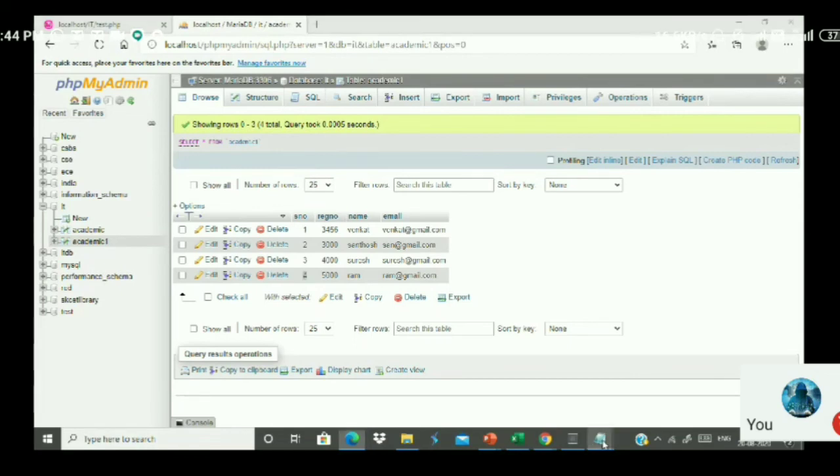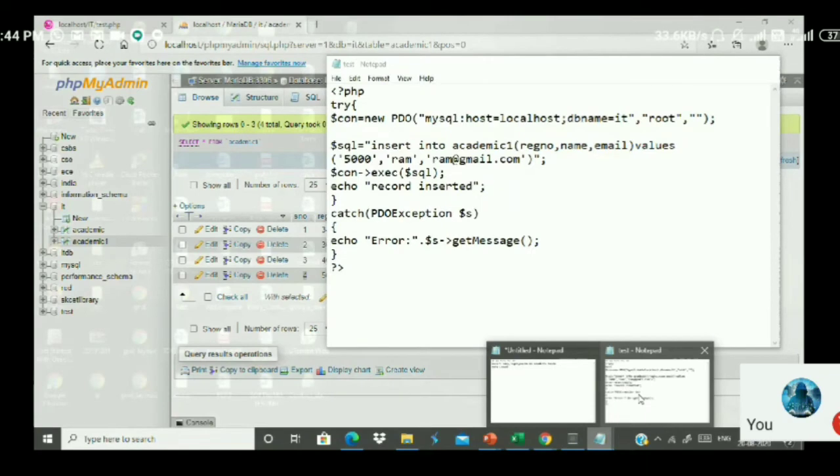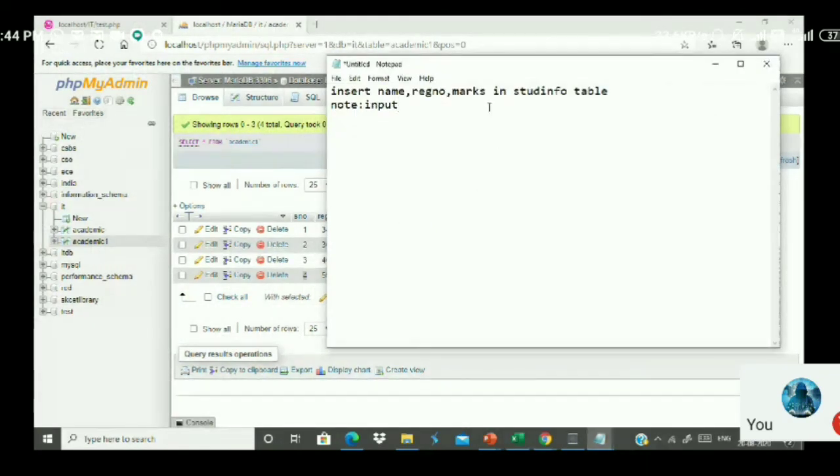Now listen here, the question is: insert name, register number, and, okay, let us say marks, into a student info table. Note that input should be given via HTML.